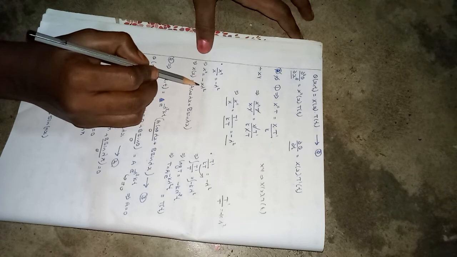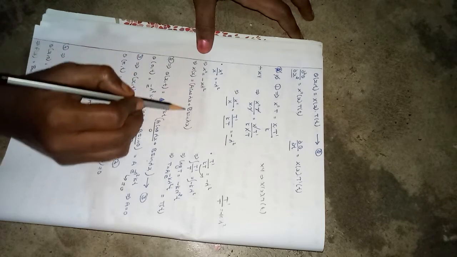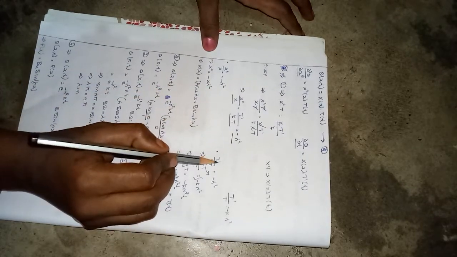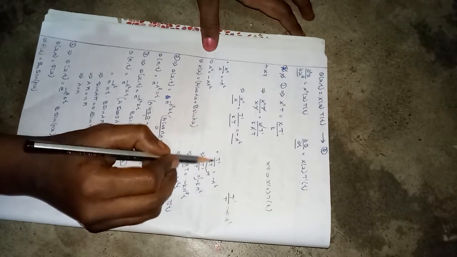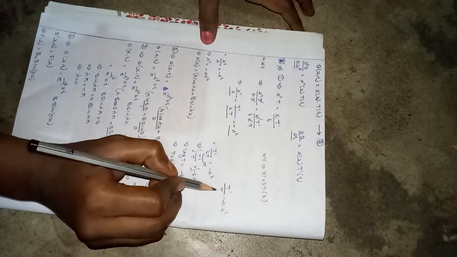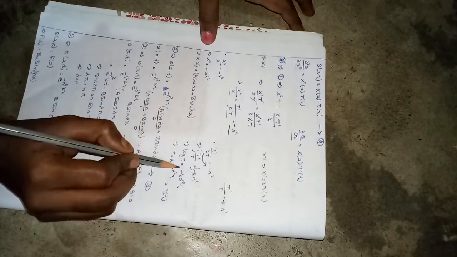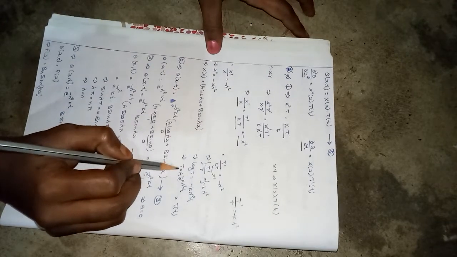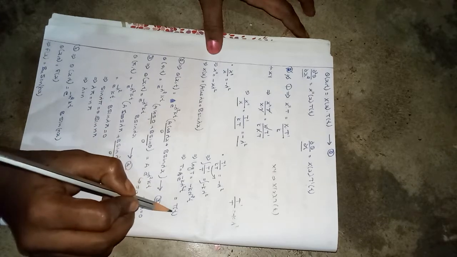Solving this as in the first problem, we get the complementary function X(x) = A cos λx + B sin λx. Second, equate these two things, we get T'/(kT) = −λ². I'm going to move this k to the right hand side. T'/T = −kλ², and then integrating on both sides, I get log T = −kλ² t. Taking exponential, we get T = e^(−kλ² t). This is nothing but T(t).